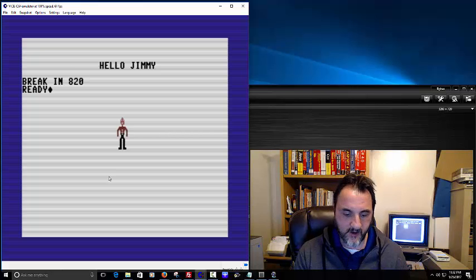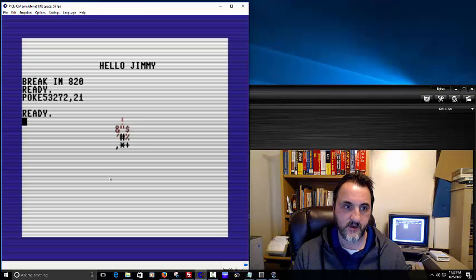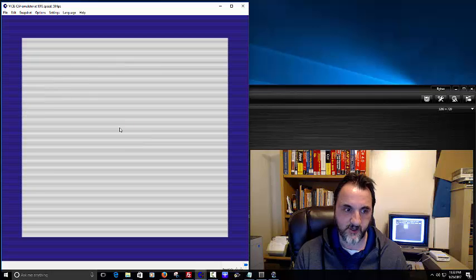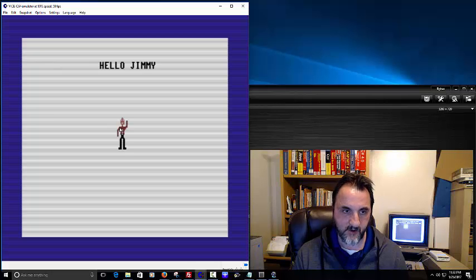So anyways, I'm going to turn off the character set just to show you what characters it had redefined here. So right there, you can see these are the characters that had just been changed to create this little man. So if I had saved that, I could have probably gone back in. Let me just rerun this again because I don't know where that was stored. I should have saved the actual memory location to be able to restore it. I'll show you what I mean here in just a minute.